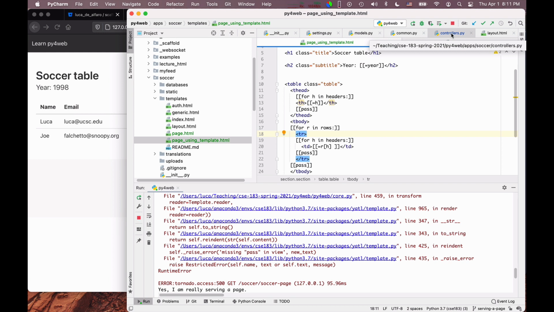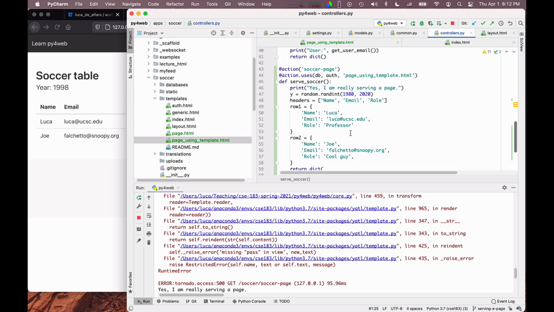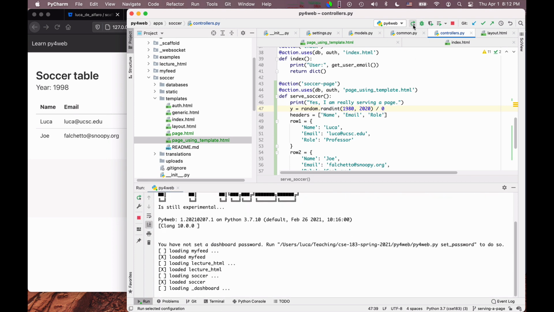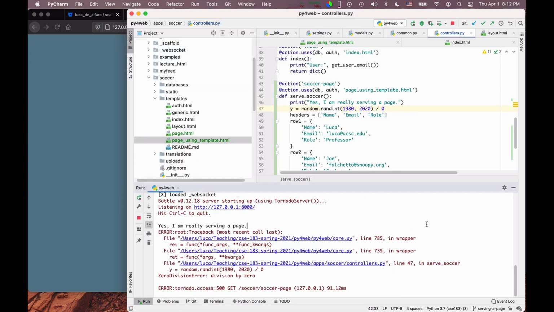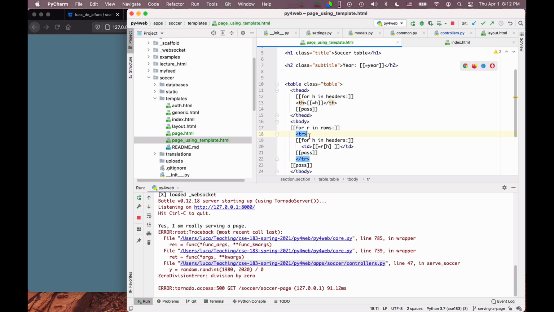If the error is in the code, it's actually somewhat counterintuitive. We would assume it's harder to find errors in code than in the templates because the templates are simpler logically. But the errors in code are actually easy to find. For example, if I divide by 0 here and I restart this and reload the page, I also get an internal error, but the error is much easier to find. Zero division error, division by 0, and if I click here, it sends me to the place where the error occurred.